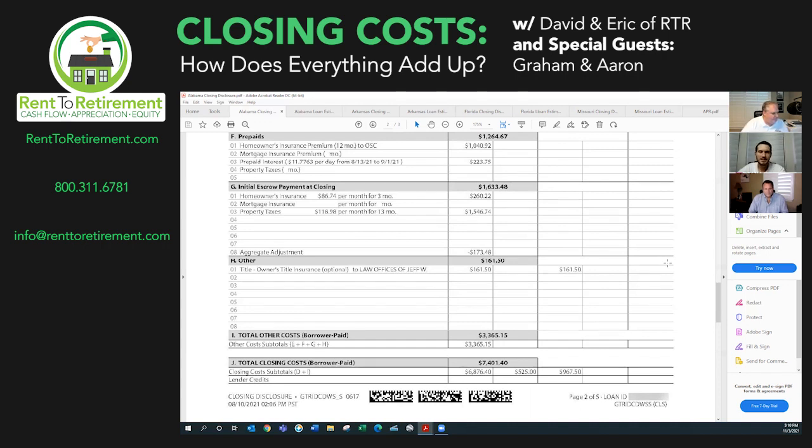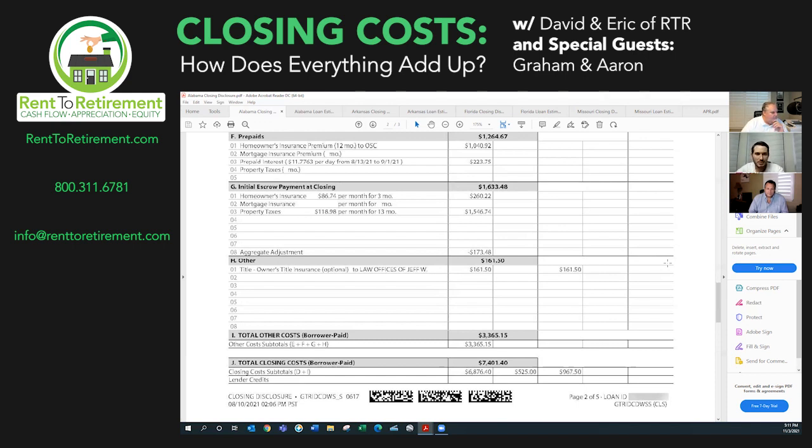The property taxes here, I guarantee this loan closed towards the end of the month, the property tax bill was due. That's why we see 13 months actually collected here for the escrow account. If it were towards the beginning of the year, if the bill weren't due, we'd see a typical 3 months there. In some cases, like Graham said, keep in mind this whole section G here is completely optional to the borrower. If they want to pay these bills on their own and be responsible for it, this can always be opted to be waived. And of course, that would reduce your overall cash to close. You still have to pay it one way or the other. We're just helping you with it. But keep in mind this section G here is fully optional.